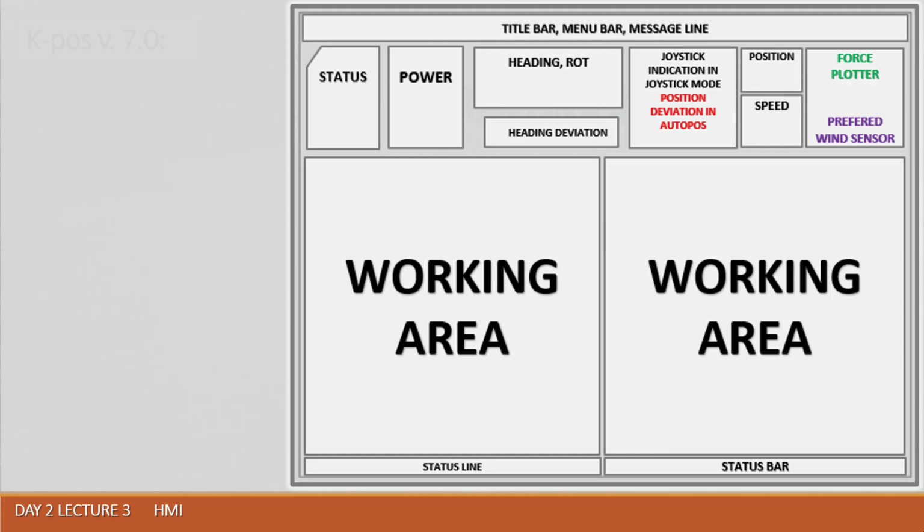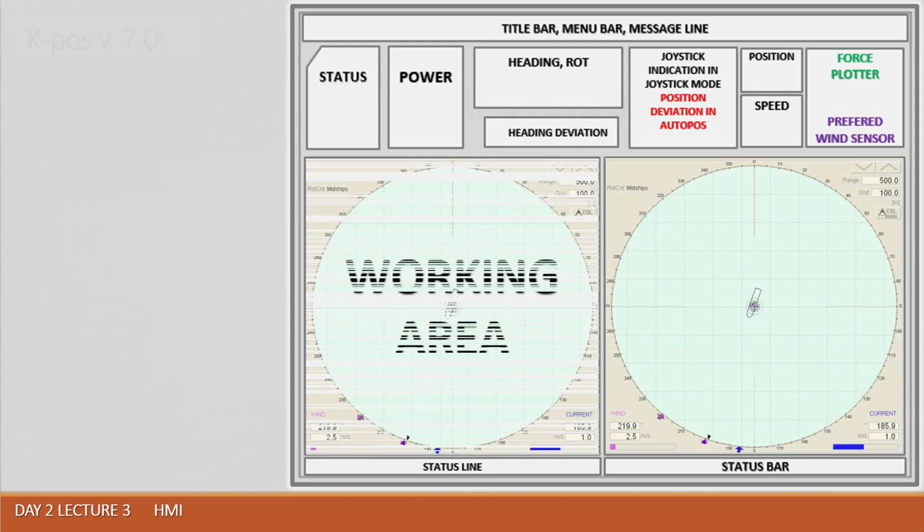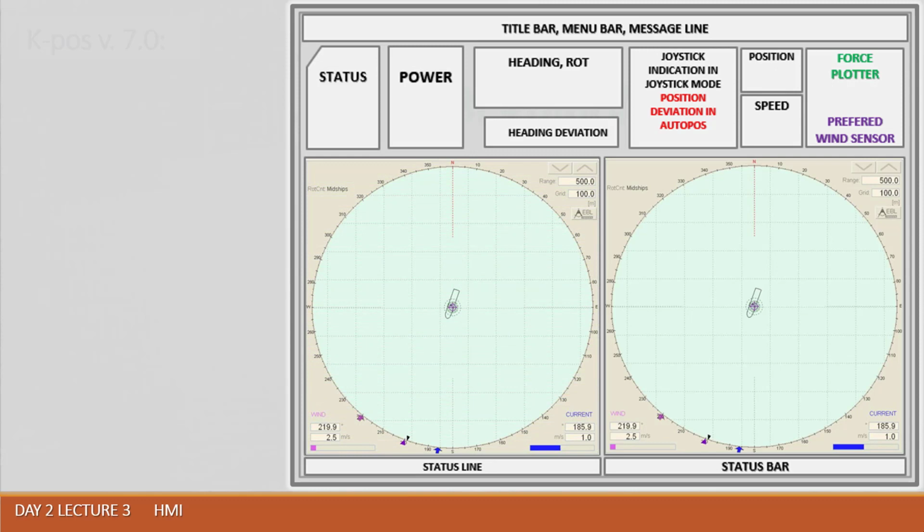of the working area. I advise you to right click on top of the working area, and please make a selection. Choose the pose plot view. Then the working area may be adjusted for demonstration of the position plotter view. Let's discuss some details which the operator may find at the position plotter page.